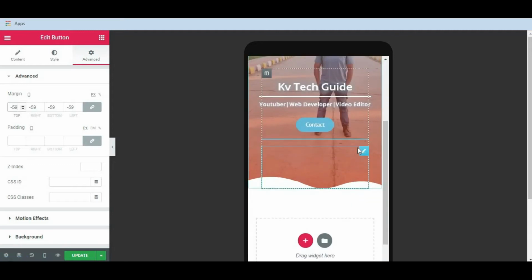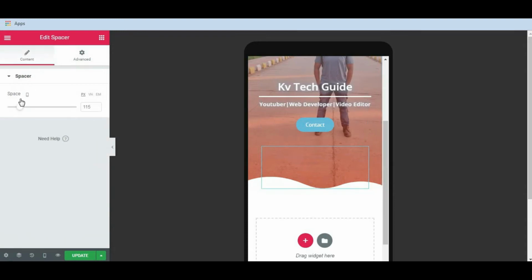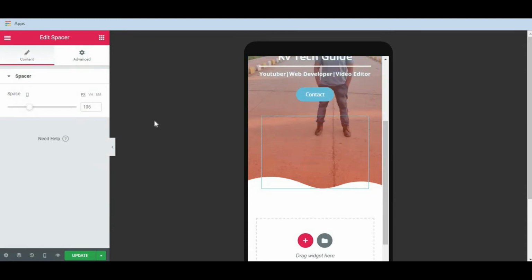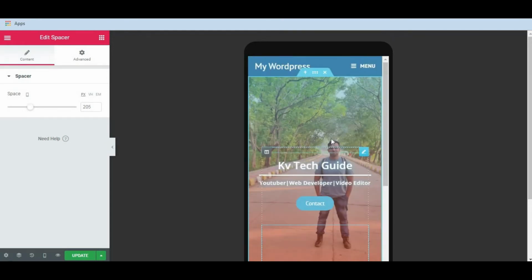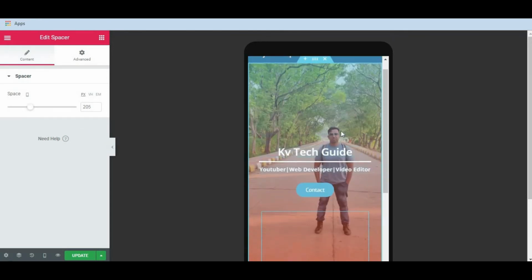Just click on this edit spacer. Here we go. I think 200 is perfect. Yes. So right now it is perfect in mobile mode. It is looking perfect in mobile mode.